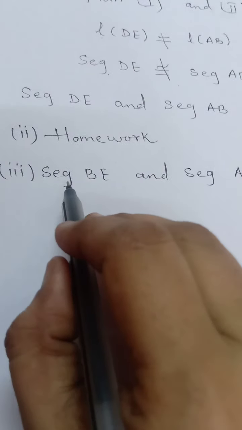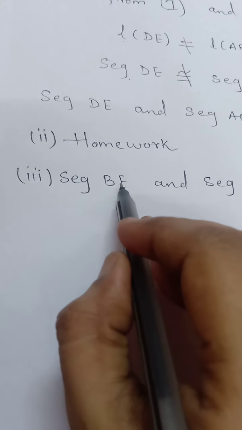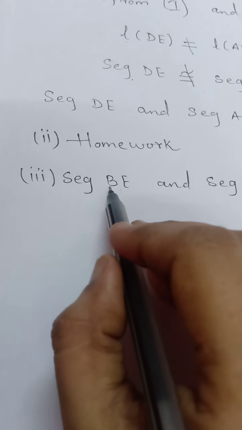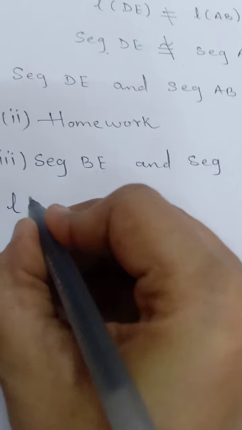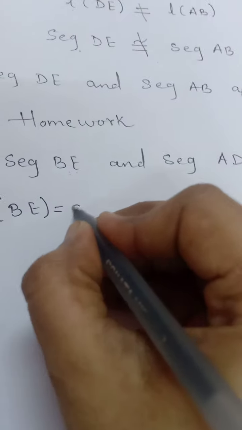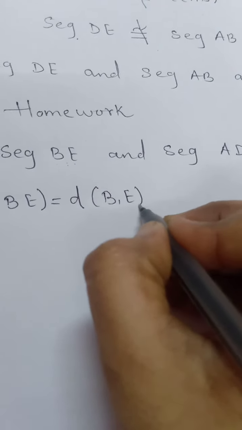First of all, we will concentrate on the segment BE, and for segment BE we have to find the length of BE, and length of BE is nothing but the distance between the points B and E. So we will write here that length of BE is equal to distance between the point B and E. Now